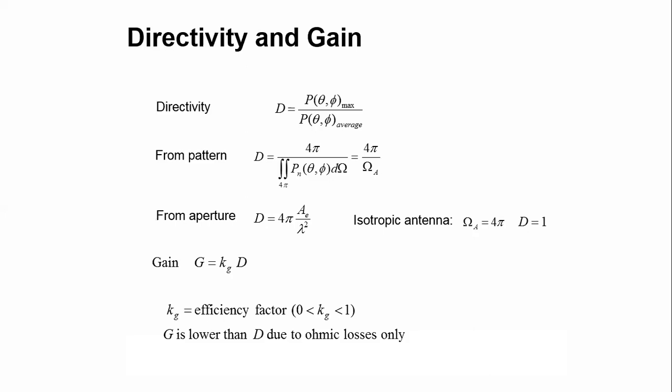The directivity of the antenna can be calculated if you observe the spherical pattern, and in that, the maximum and the average is the ratio that gives the directivity. Similarly, for the radiation pattern, we can calculate the directivity. In this way, you can calculate 4 pi by Omega A, that is the radiation pattern, or you can say the aperture. Even from the aperture point of view, they are correlated to each other.